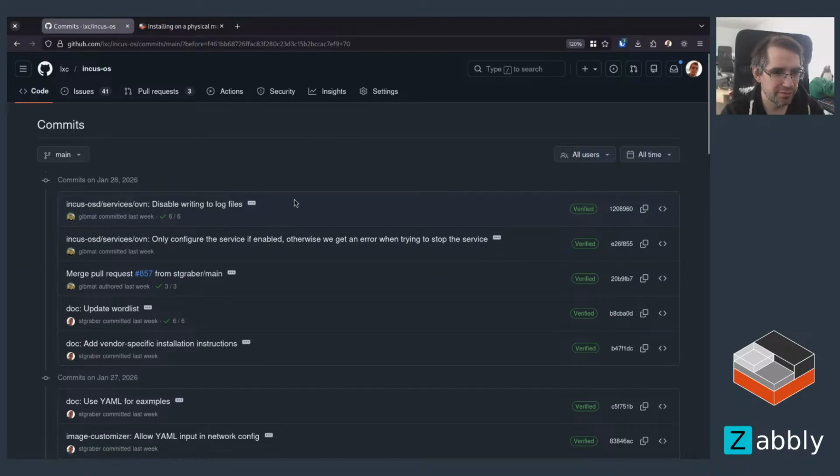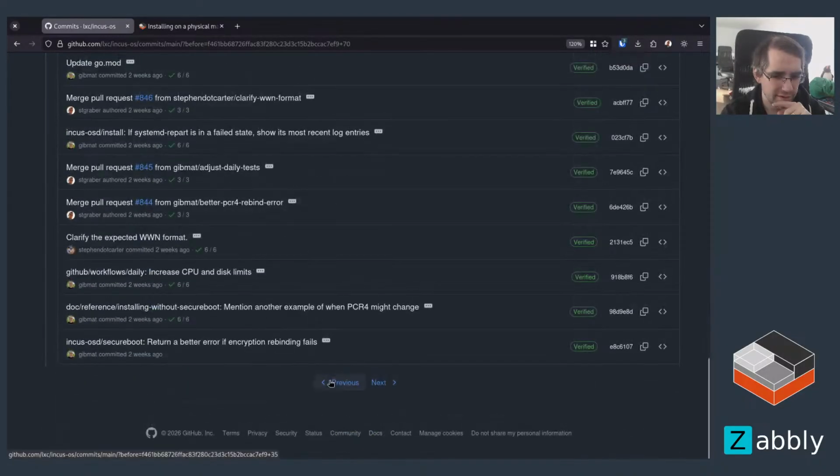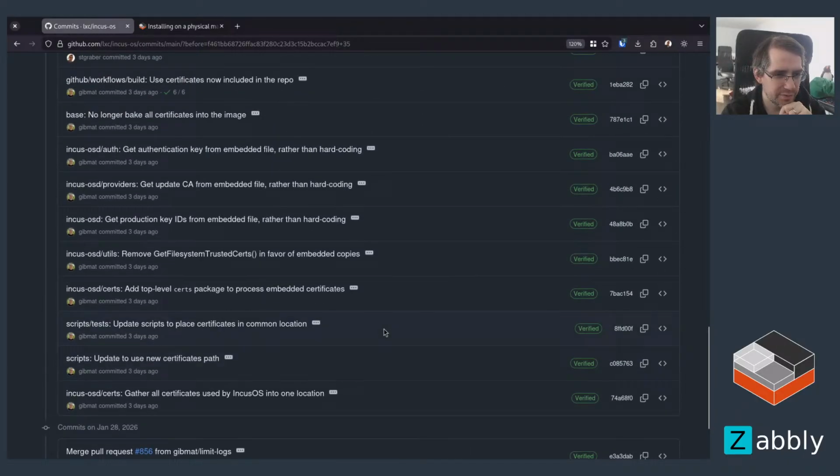Then there was an issue with Oven where it would try to configure the service if it's disabled, so that's been fixed. More log disabling this time on Oven. Let's see what's next. Next we have,